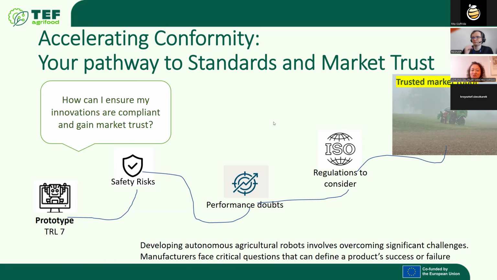Bringing any innovation to the market requires significant effort, and getting an autonomous agricultural robot is even more complex. Because the second you put a huge, heavy, autonomous machine in a field, let's say next to a person, you face significant uncertainty about how it works, but mainly about its safety. Here's where compliance takes place.